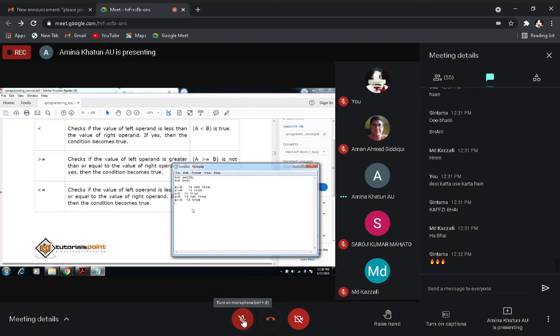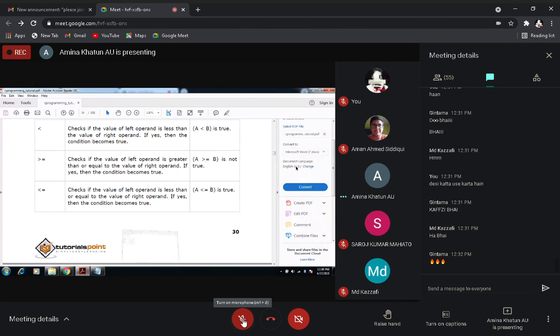And if you are putting A less than equal to B, it is not true. Why? Because 100 is not less than 9. Okay. So these are the relational operators in C language.